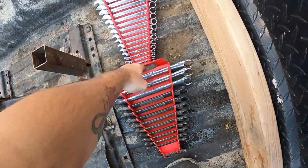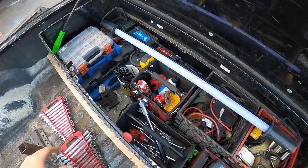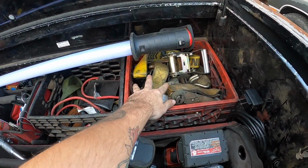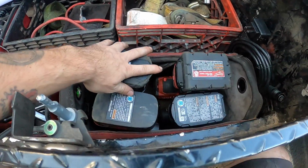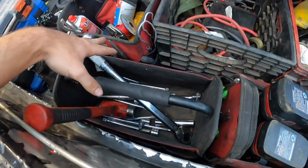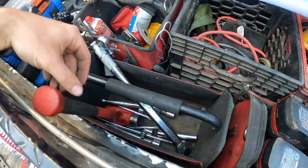Now usually when I'm working, I'll throw all this stuff on the tailgate so I can work out of it, but move this. So as you can see, here is basically everything I got. So for moving, I have all my big straps in here, small straps and bungees in here, all the impacts and screwdrivers, electric tools here. This is simple, so torque wrench, and then all my extensions in here, the screwdrivers, hammer,